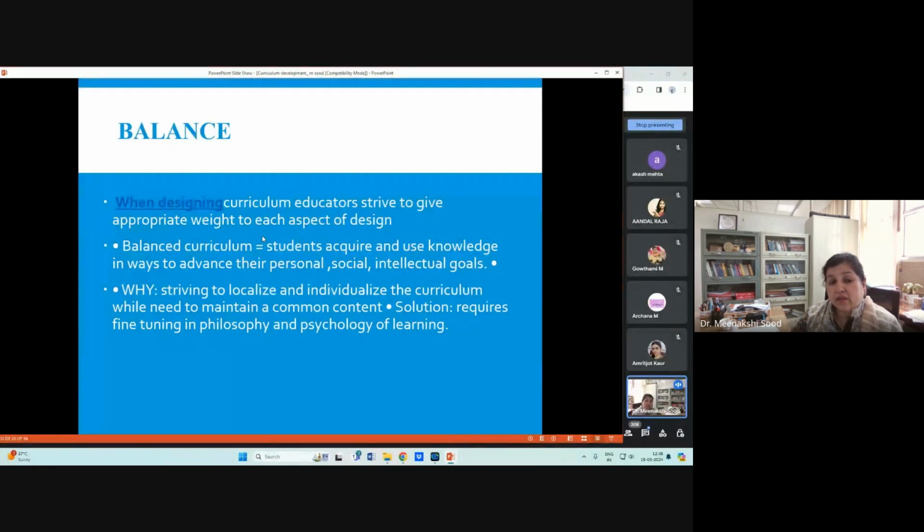And yes, the curriculum should be balanced. When you are designing a curriculum for a class where, suppose, 50 students or 100 students, they do not have the same mental level, they do not come from the same background, their learning style may be different, their learning pace may be different, every individual is different. So the curriculum should be a balanced one, which should take care of all the individuals in the class. And I'm not saying कि हर बंदे के लिए अलग, but ऐसा बैलेंस होना चाहिए जो कुछ जो average